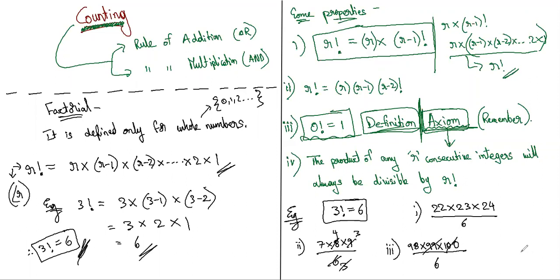Should I explain the logic? How many of you understood the logic? Raise your hand if you understood. How many of you are able to understand why it is happening like this? Sir, in any three consecutive numbers, there will definitely be an even number. So it will cancel out 2 from 6 and there will be a multiple of 3. Yeah. So quite a few of you understood. Very good. Okay, you can put your hands down.